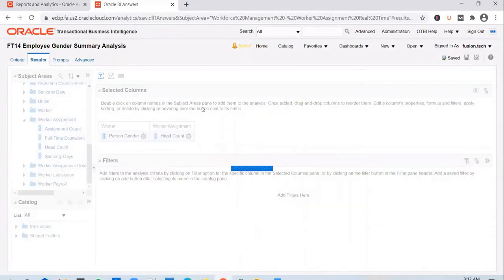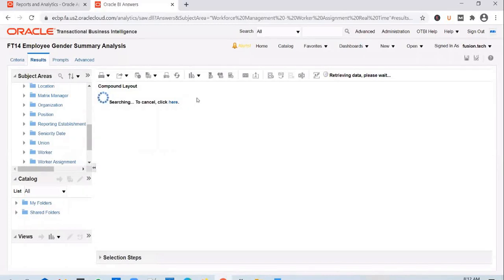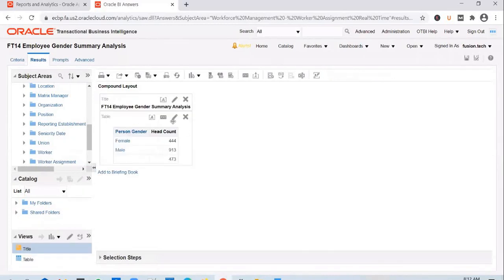And if I go ahead and look at the results, again, as I mentioned yesterday, by default it will be displayed in a tabular format. But since it is only gender and a headcount, it makes more sense to display it in a graphical format rather than as a table.